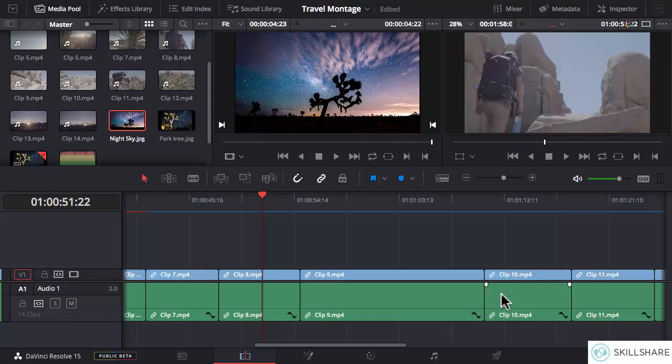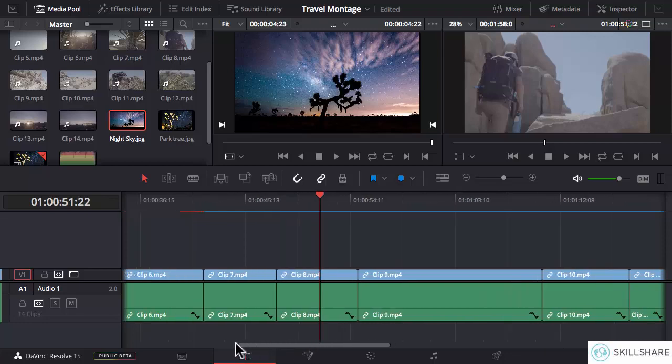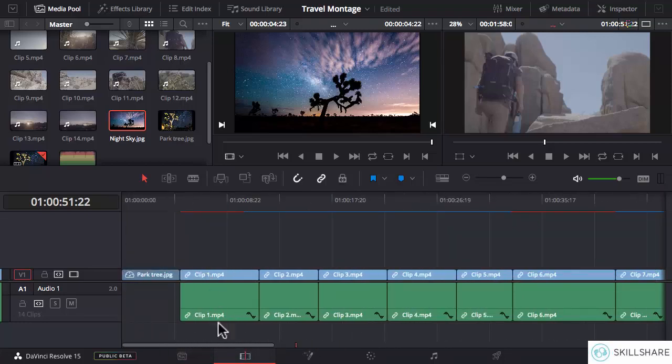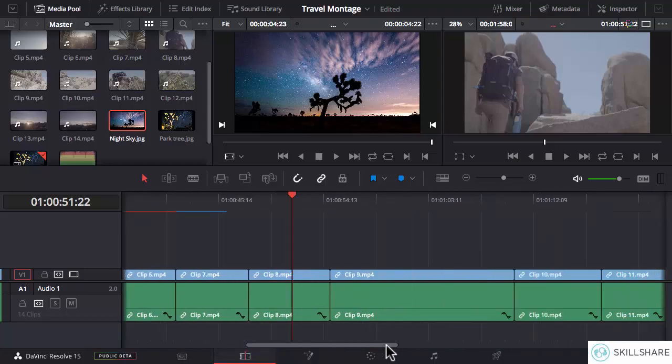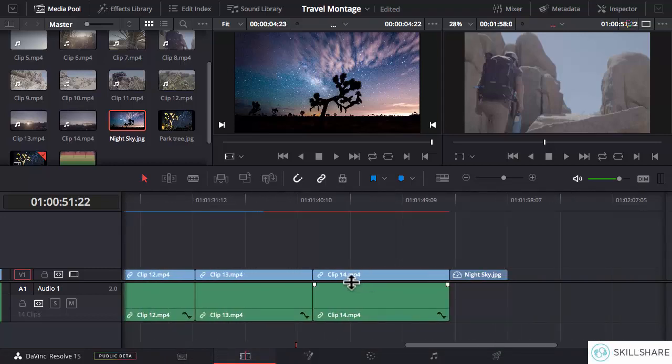And before starting, let me give you the big picture of what we are going to do in this project. These clips are numbered from 1 through 14. You see it starts from clip number 1 and it goes all the way to clip number 14. So these clips were basically taken in the chronological order. That means the first clip is about the start of the day at Joshua Tree National Park. Then the activities done there during the day in a sequence, like photography, climbing, etc. And the last few clips are about the day coming to an end with the sunset in the very last